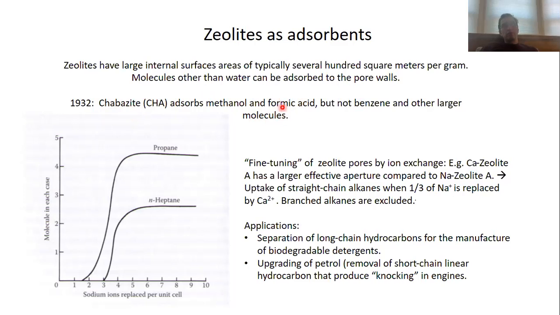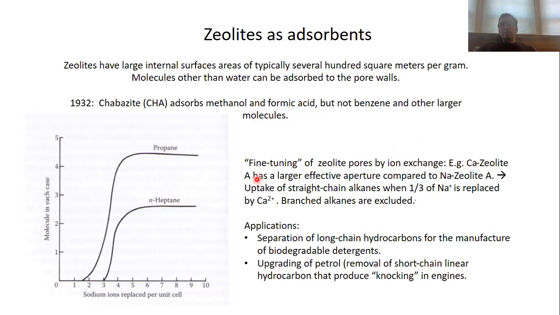molecules. And since then, this property of zeolites has been explored widely to separate organic molecules. So there are many ways to fine-tune that selectivity through fine-tuning the zeolite pore structure. And one method is to fine-tune the pore structure by ion exchange, because the ions within the pores also influence what is the actual space available within the pores. Okay, so for instance,